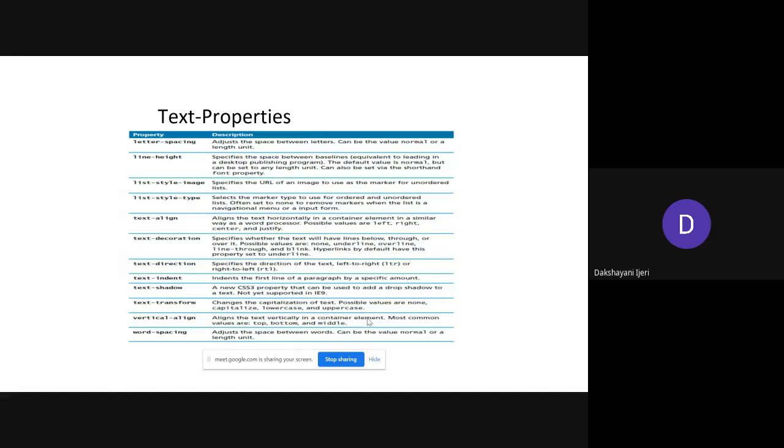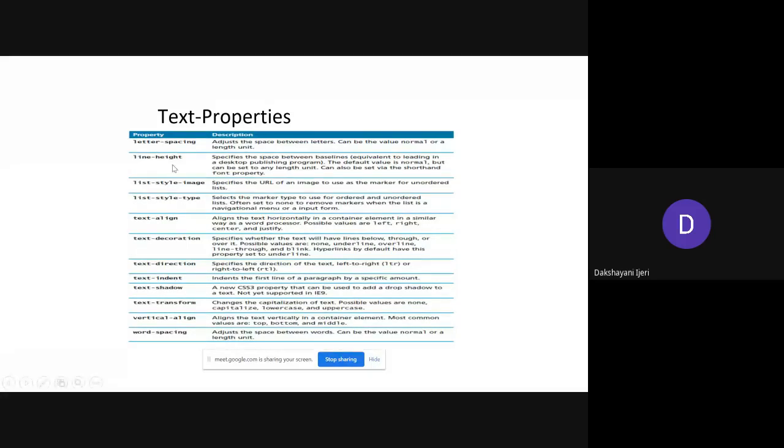By default, you get exactly the same settings that have been used by the browser. But if you want to modify it, or give your own spacing between each letter of the text, you can use the letter spacing, for which you can give values in numeric followed by pixel as a unit.